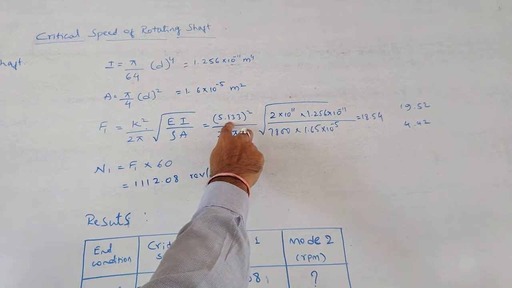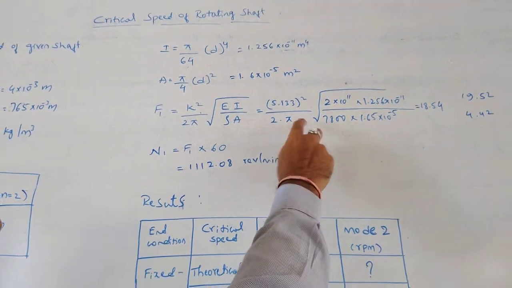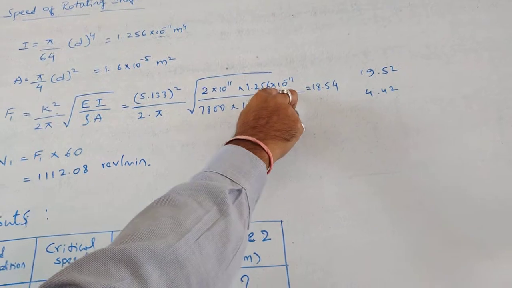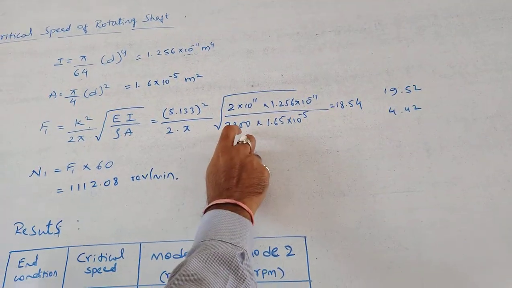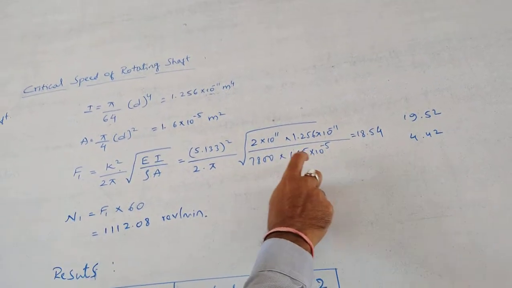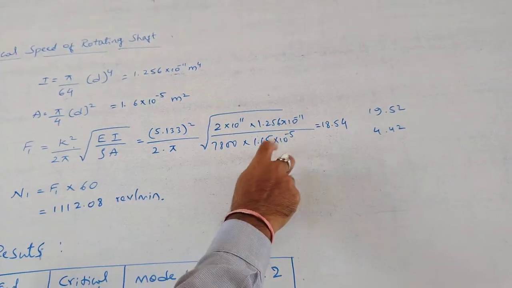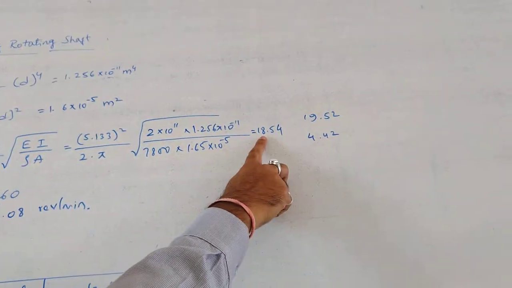K value we have already calculated, 5.133 divided by 2 pi, and E value is 2 into 10 raised to 11. I value here is the same value we have calculated. This is the density of the material and this is the cross section area of the shaft that we have calculated already. The same value is considered and we got F1 value as